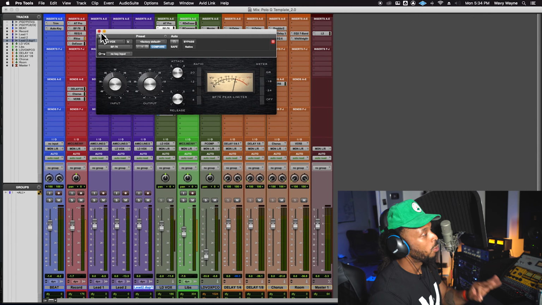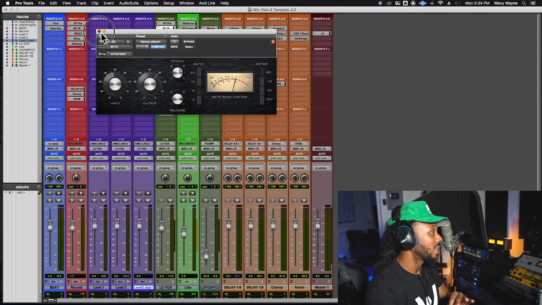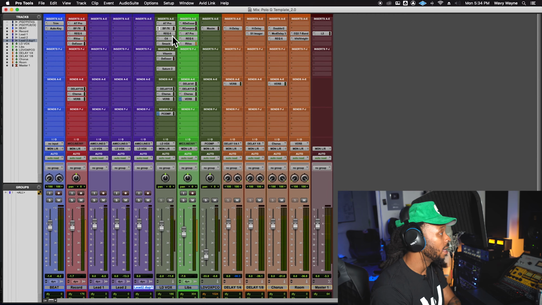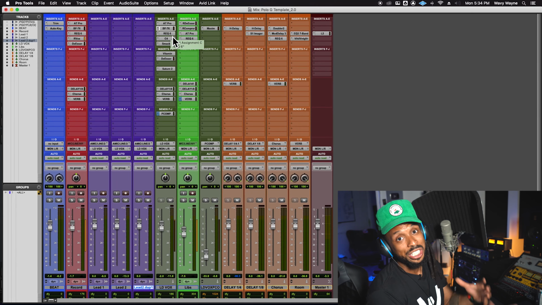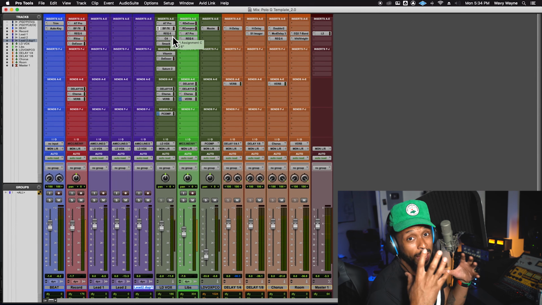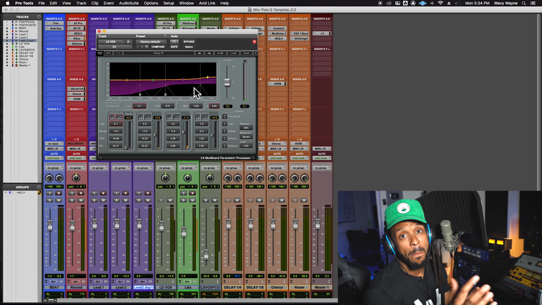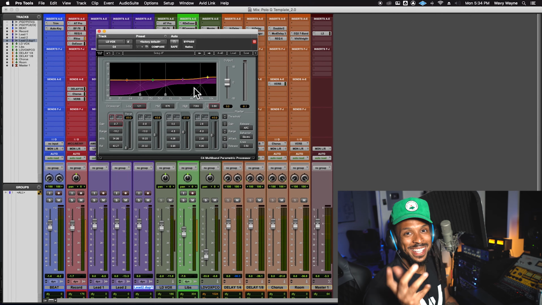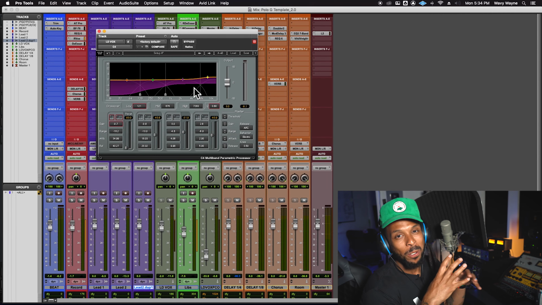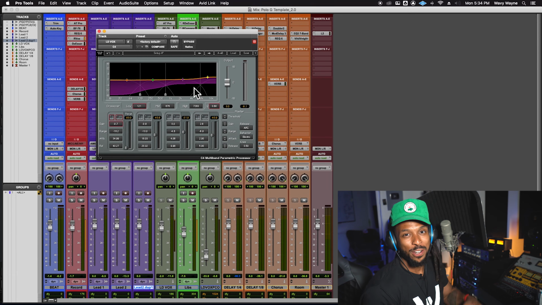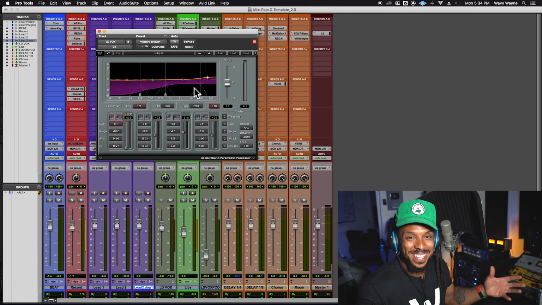Coming next, I have a BF76. This is a stock Pro Tools 1176 emulation that I think works beautifully. And then we're having the EQ to really shape this vocal in the style, kind of Polo G style. I'm also using this Waves C4 multi-band compressor. It's crazy because I actually just did a full multi-band compression masterclass for the Wavy Seals Elite. And if y'all want to check it out, you've got to tap into the Wavy Seals Elite, man.